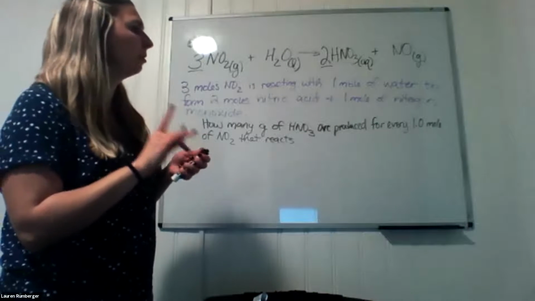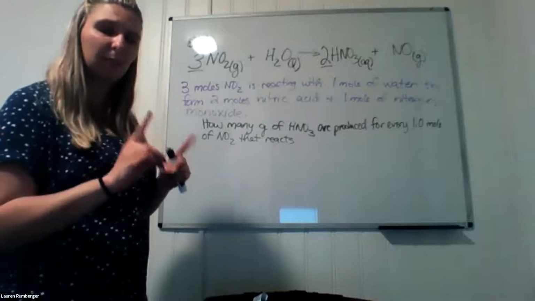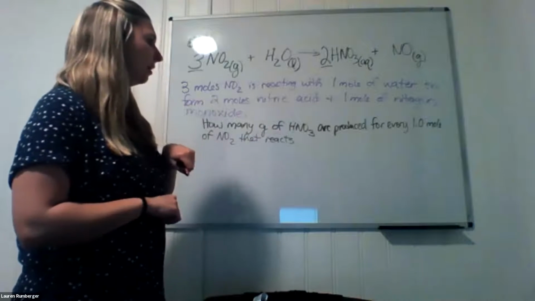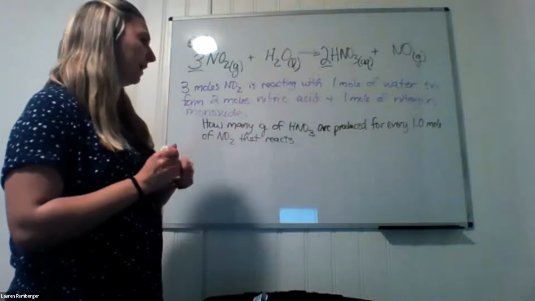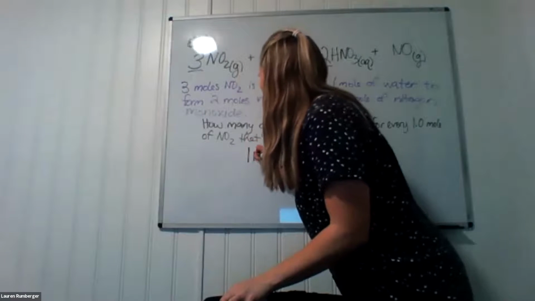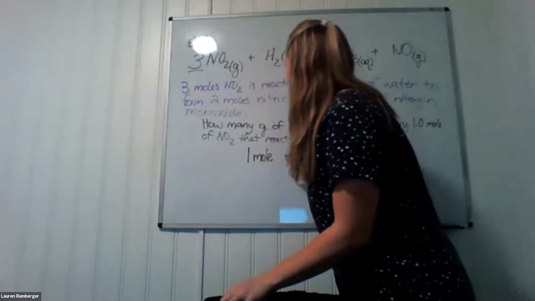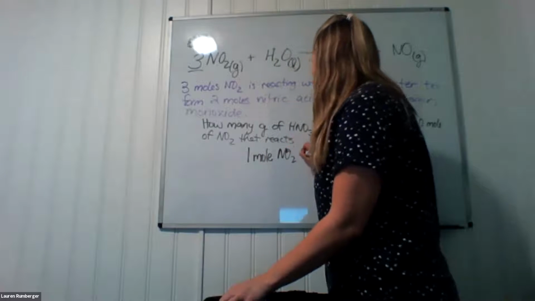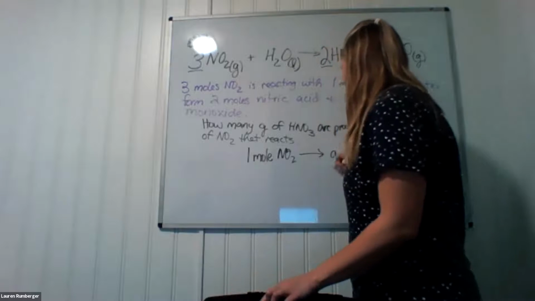So that is our known information. The given information is 1 mole of nitrogen dioxide. We want to convert that to grams, okay? So we're starting with 1 mole of nitrogen dioxide, and we want to convert this to grams of